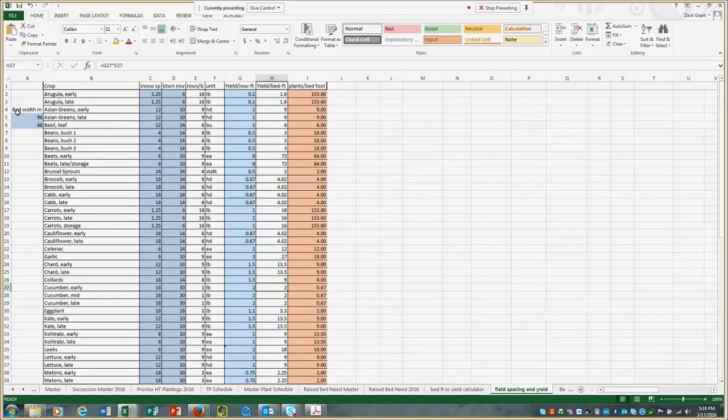Or you would try to standardize your units to make it as easy as possible. And then a spreadsheet like this would work well for you. So if you have a bunch of unit sizes for all of your beds, it makes it a little bit more complex, but you still could use this more or less. Particularly, this field and spacing sheet is really just based on if you have a standard bed